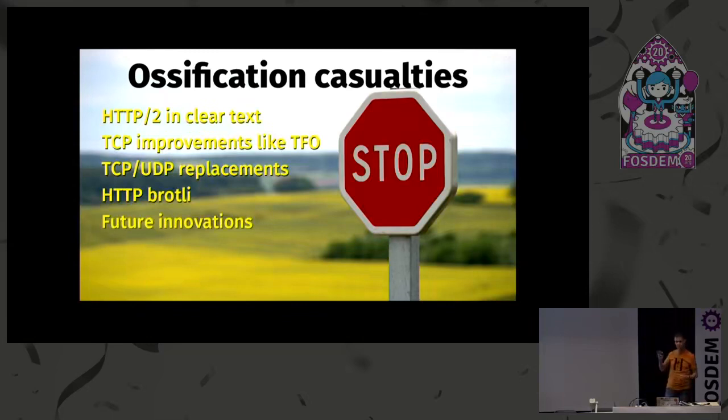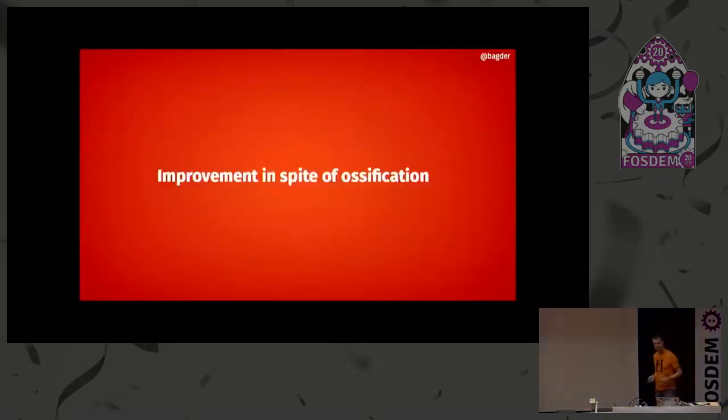So this completely stops future innovation in a lot of these protocols. If you do it in the clear, someone along the way will ruin your day. And it's not going to be fun. So we need more encryption. Make everything random noise to every box in between, so they don't know what it is. They can't ruin it. So that's the way we're going. So we need to improve things in spite of this ossification by simply making sure that they cannot see what you're doing. This is not the way it's going to be forever just because we did it today.